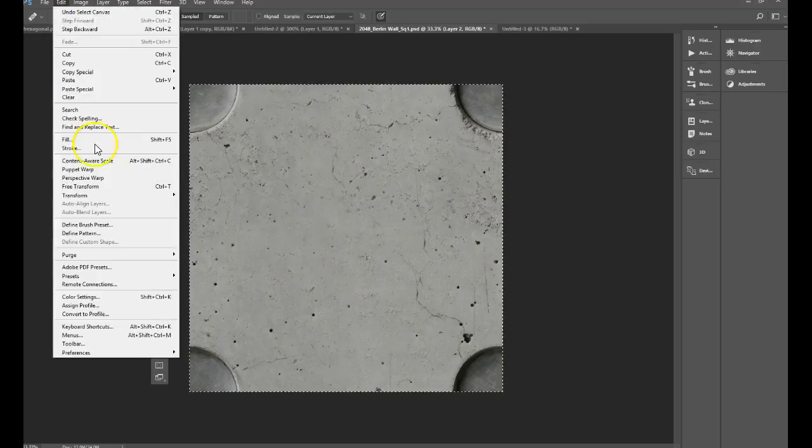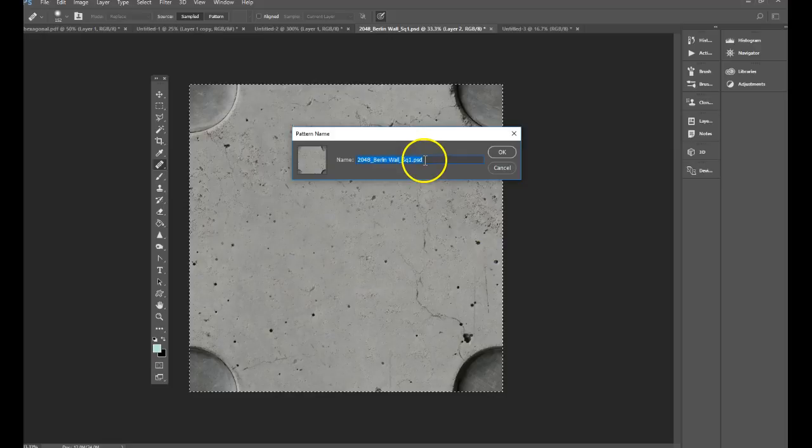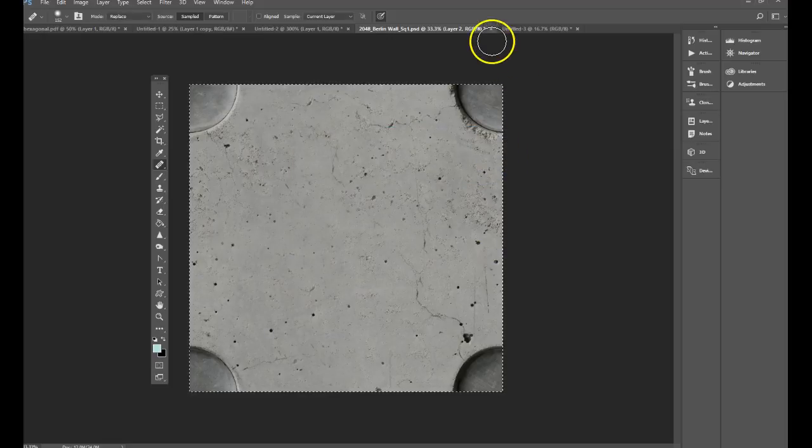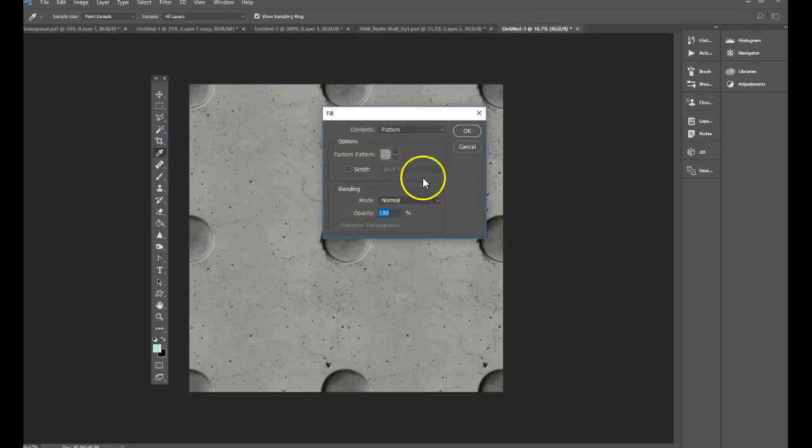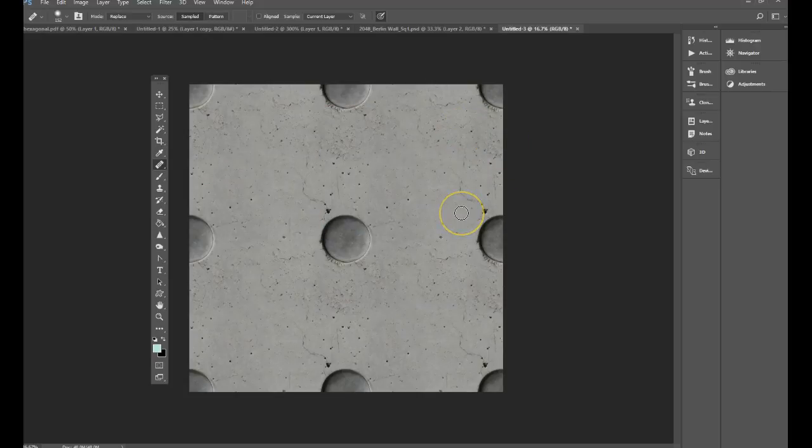Select all, edit, define pattern, call this one number 3, say OK, go back to my canvas to use the fill function, select the latest in the chain, say OK. OK, I'll go with that. I can still see a little bit of shading difference down here and here, so that will become a little bit apparent I think later on, but again, for the sake of not being obsessive and expediency, we'll accept that